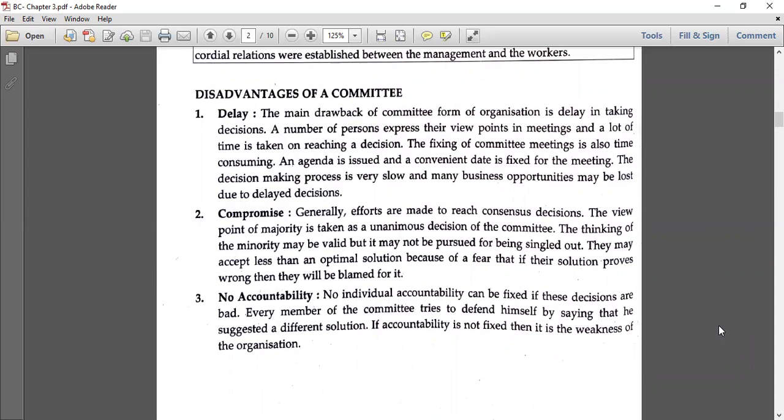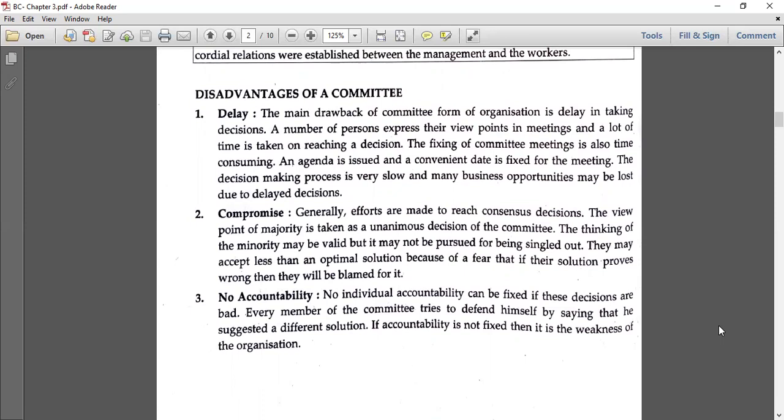Then the second problem is compromise. Generally, efforts are made to reach a consensus decision, that is, a decision allowed and accepted by all. But the viewpoint of the majority is taken as the unanimous decision of the committee. The thinking of the minority may be valid, but it may not be pursued for fear of